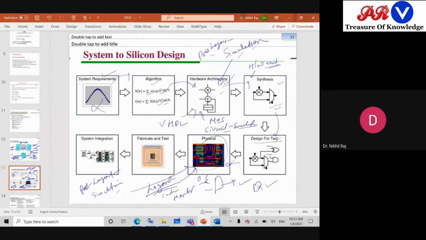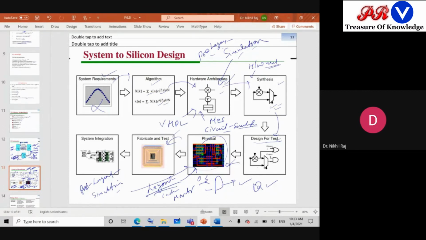Once all are satisfied, then we go for fabrication, because fabrication takes a huge amount of money, so we do not want to waste the money. So at each stage we confirm the logic of what we are going to get in real time. Once fabrication is done, again the testing of the chip is done, to see whether the fault is from the designer side or from the fabrication side.